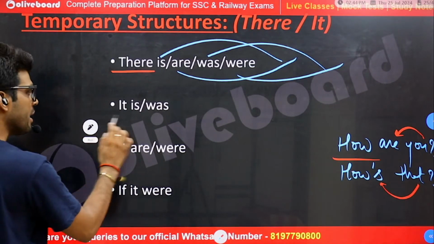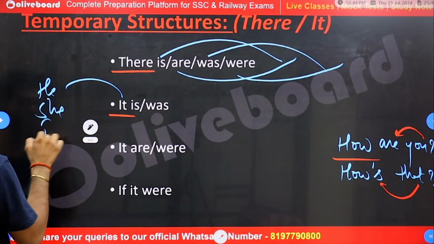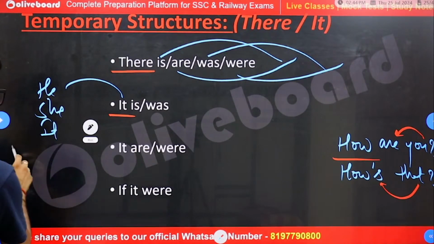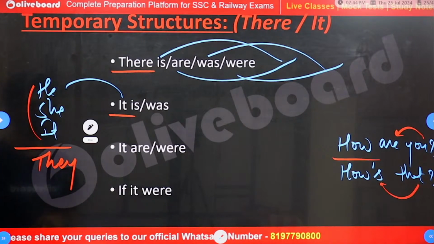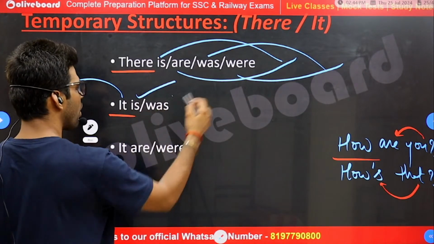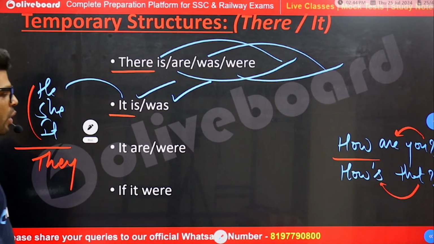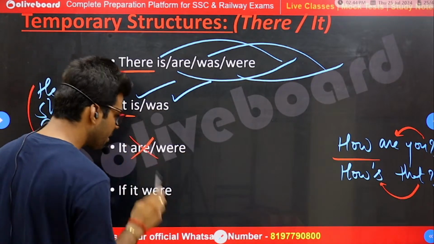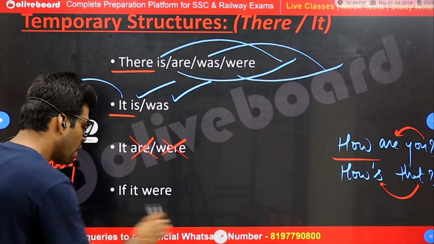But "it" is a pronoun. Remember this, he, she, and it combination, which is singular in nature. The plural goes they, and for a singular subject, although a temporary one, we put the singular verb. So that has to be either it is or it was, a feasibility, a possibility. You cannot say it are, doesn't exist in English, cannot say it were, doesn't exist in English,